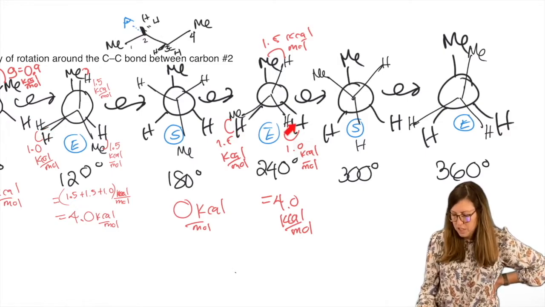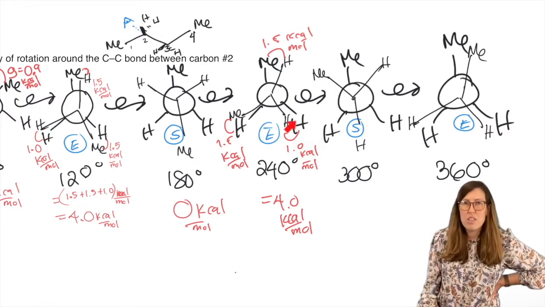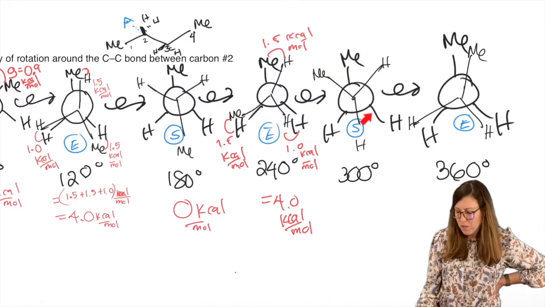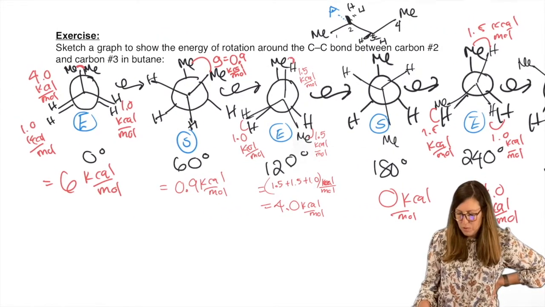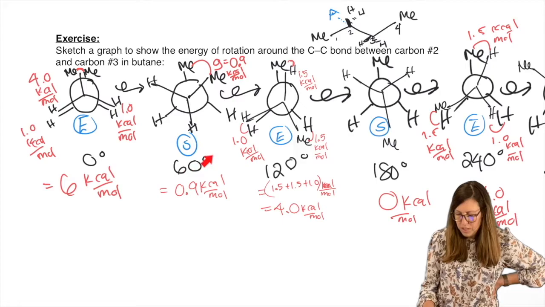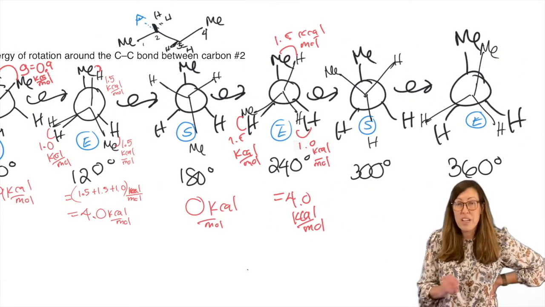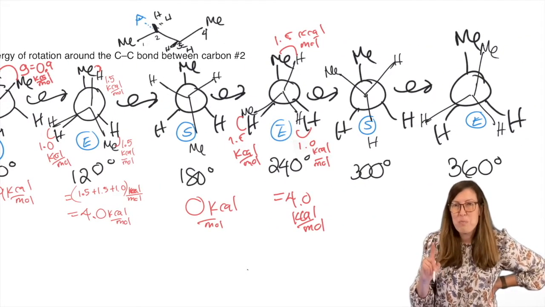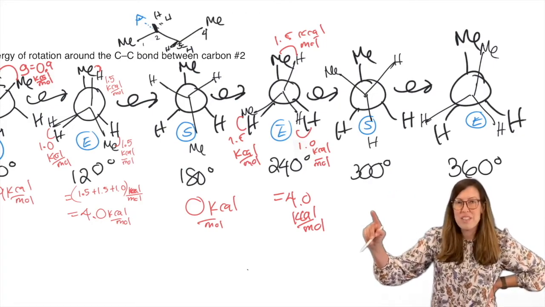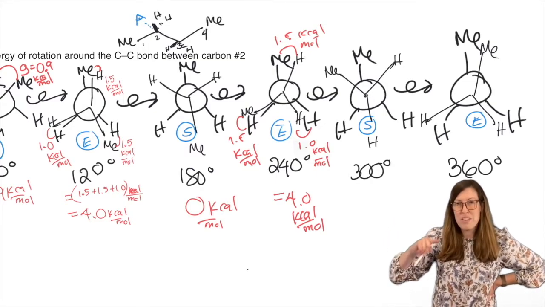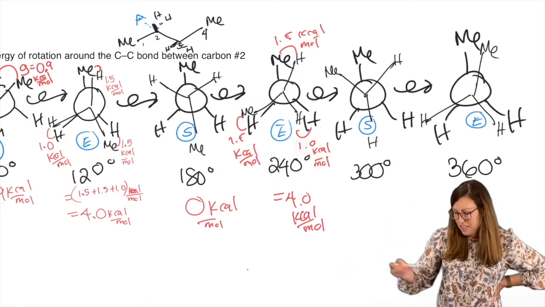HH eclipse, HH eclipse. Can we save ourselves any work by finding any others that are the same? How about methyl, methyl, gauche with nothing else? Well, we've already looked up methyl, methyl, gauche, but we've done this before at the 60 degree. So the 60 degree has a methyl, methyl, gauche with no other values to contribute. The 60 degree dihedral angle is therefore equivalent energetically to the 300 degree dihedral angle. That makes perfect sense because 300 is 60 degrees away from 360. 360 is the same as 0. So therefore 300 is analogous to 60 in this case.